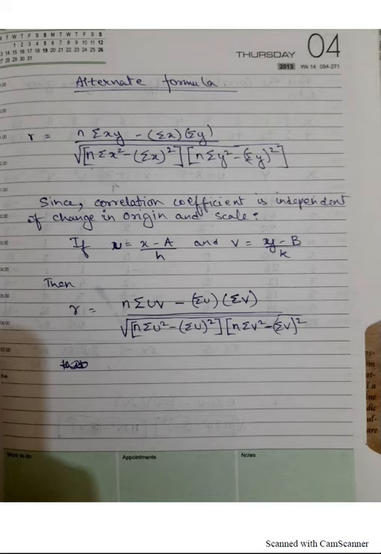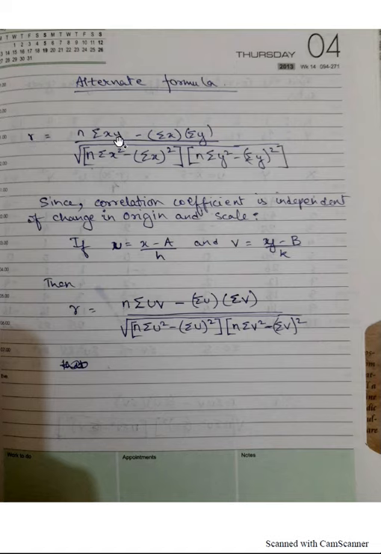Alternative formula that can be used to find the correlation coefficient between two variables, and this formula happens to be much more convenient and easy to use than the previous formula. So this formula can be used in case you want to find the correlation coefficient between two variables. So the correlation coefficient between x and y can be given as